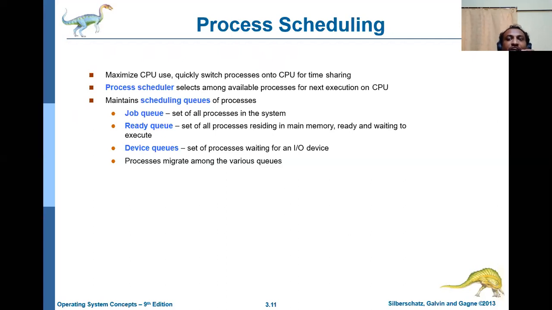When we come to major servers, a simple example I can tell you is Google. If a Google computer has to execute, how many requests will be coming to the Google computer at a time? Can you imagine?